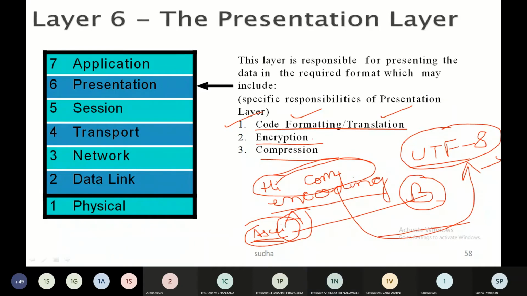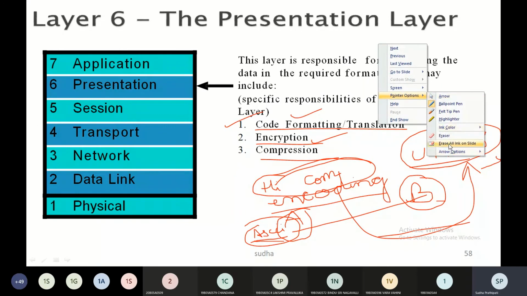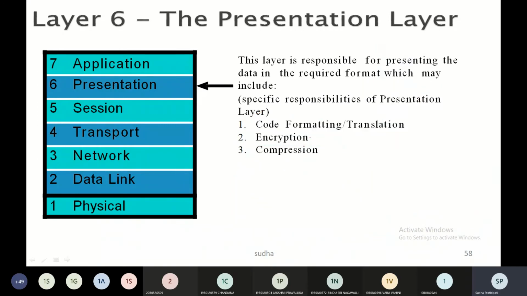Yes, ma'am. Okay, next comes encryption. So what is encryption? Encryption is changing the data into some other format so that somebody in the middle does not understand it. Say for example, alphabet A has 1.